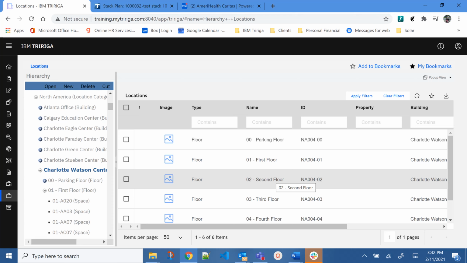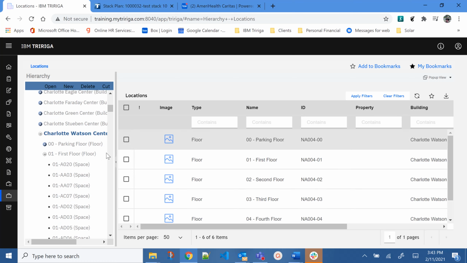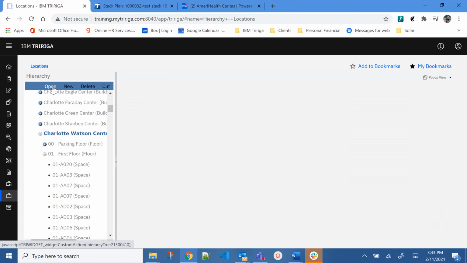Hi, in this video we'll take a high-level look at IBM TRIRIGA space management and space planning. Spaces in TRIRIGA are organized in a hierarchical fashion. By that I mean that we have building records, which are parent records to floor records, and those floor records are parents to spaces. So if we go ahead and open a building record,